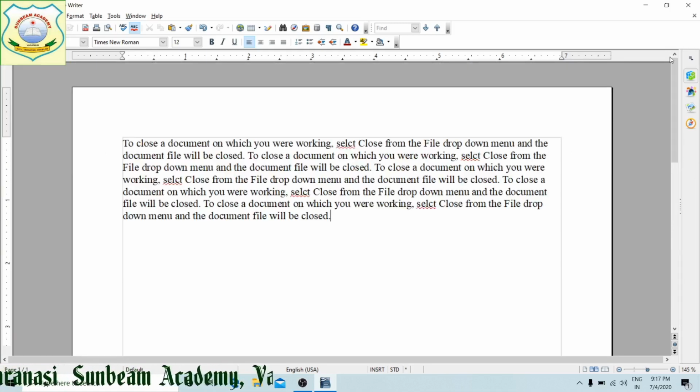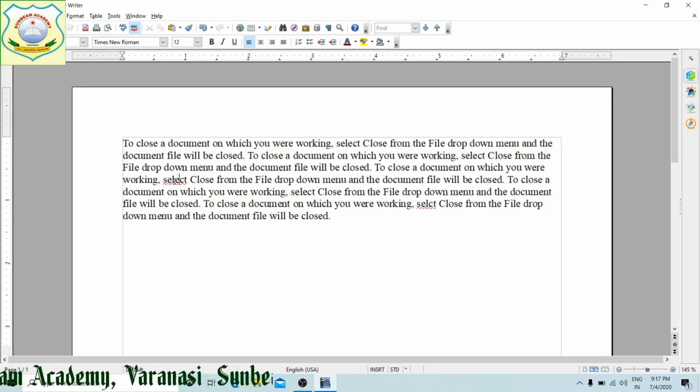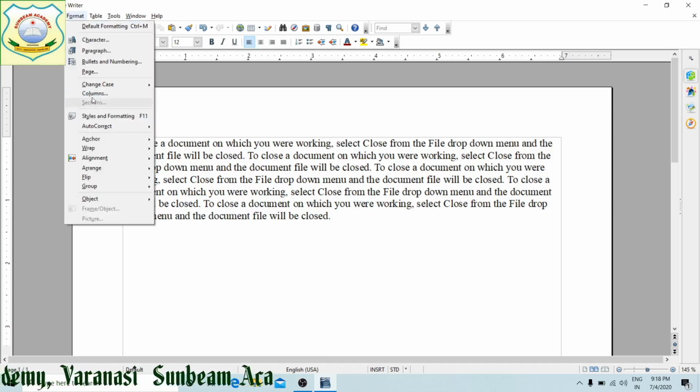Next, column style. We are going to see the column style. How will we see it? Format, Columns.